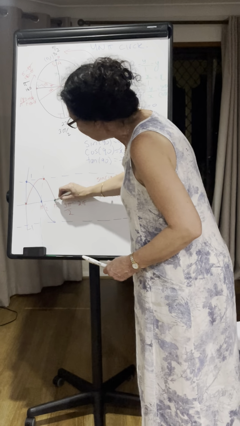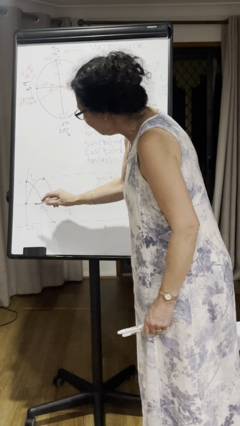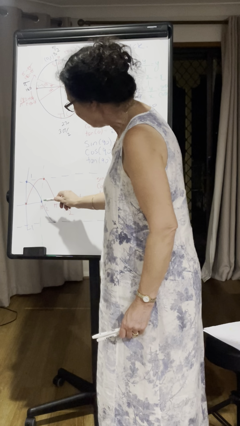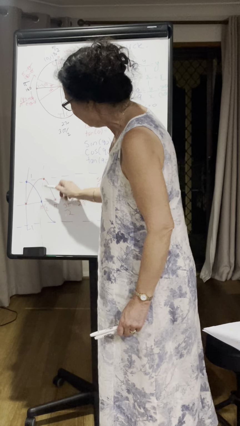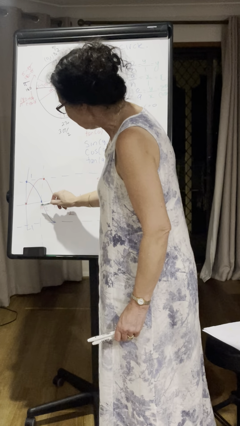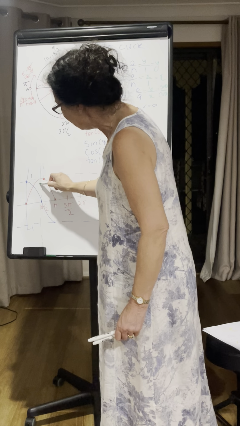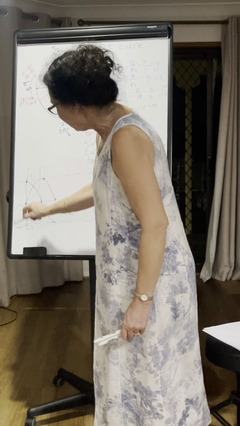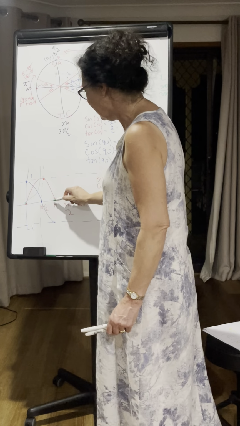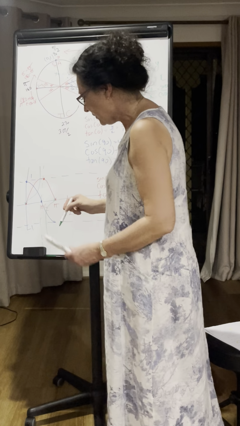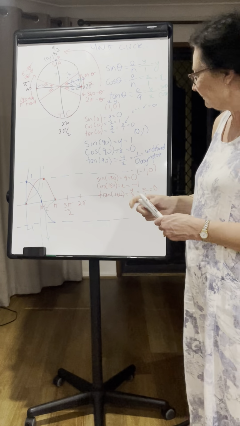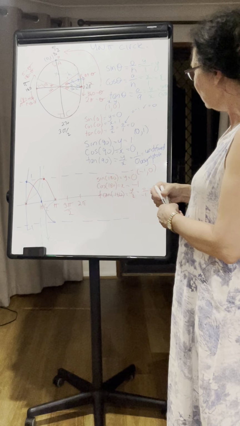And we can have a look at tan from before and after here. When we have a look at it, it's going to go down from here and from here. It sort of looks like this and then this. So this one here will be like that, because there'll be another asymptote on that side, and here it looks like that. But we'll have a look at the tan graph a bit later. And then let's have a look now at